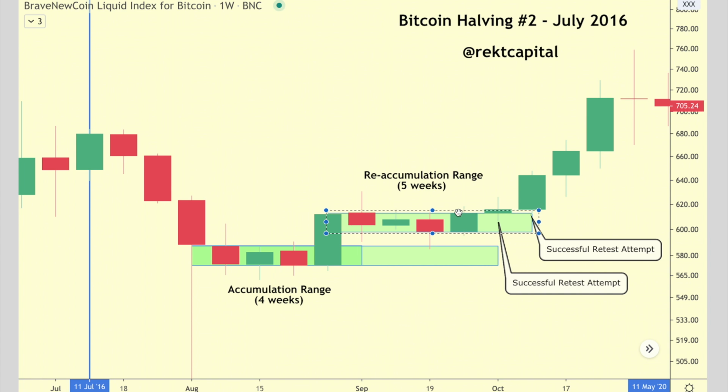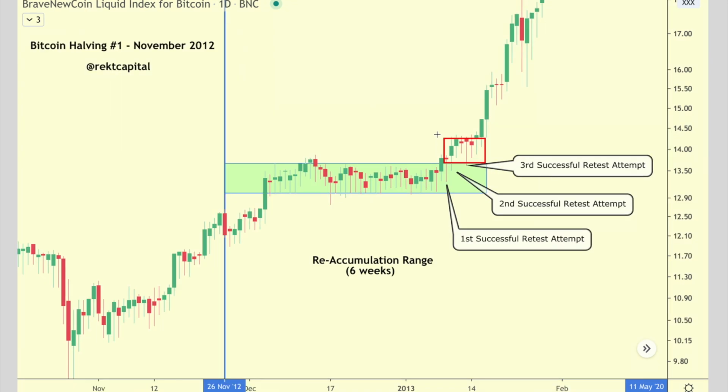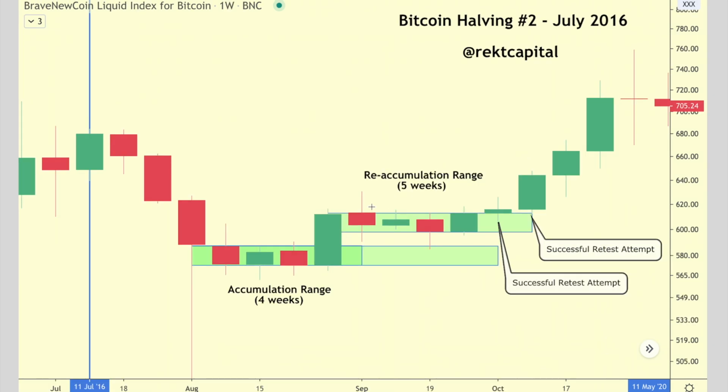So you can see that there is a lengthening in the market cycles, so it takes a little bit more time every time for these price movements, these technical steps to take place. So it's very interesting to see that in action. The new range after halving 1 lasted only a few days. Of course, first it was 6 weeks, followed by a few days,